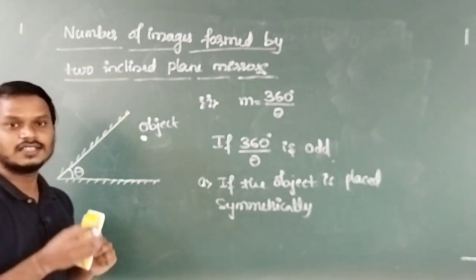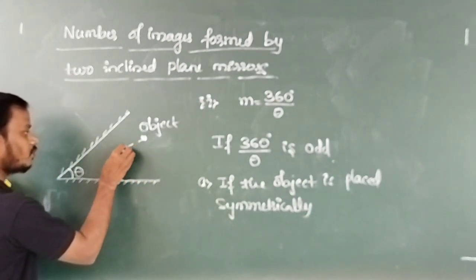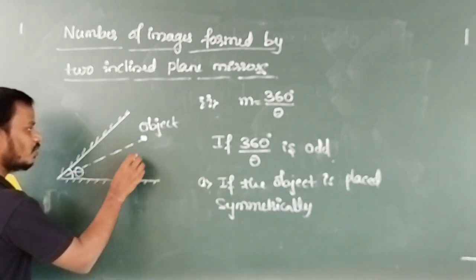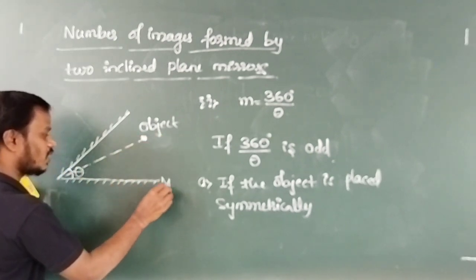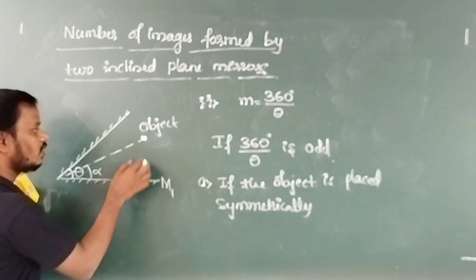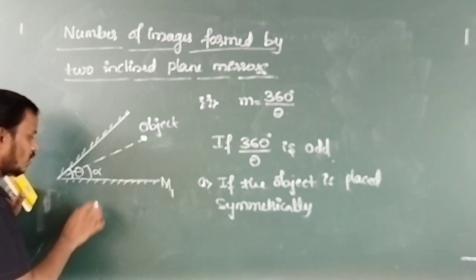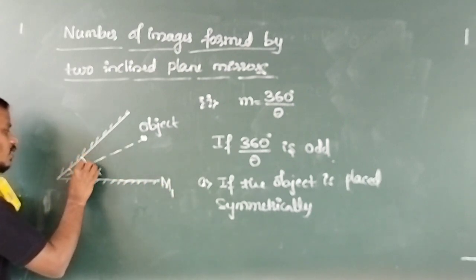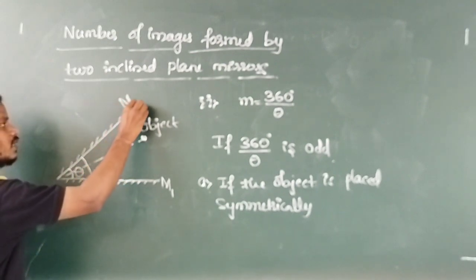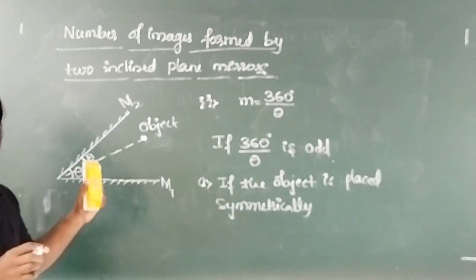What do you mean by the object is said to be placed symmetrically? See here. This is an object. So the position of the object with respect to the first mirror, I will take alpha, the angle made by the position of the object and the first mirror, and the angle made by the position of the object and the second mirror is beta. If alpha is equal to beta,